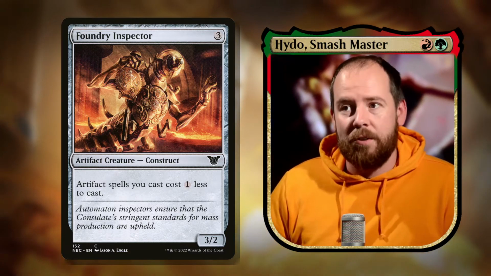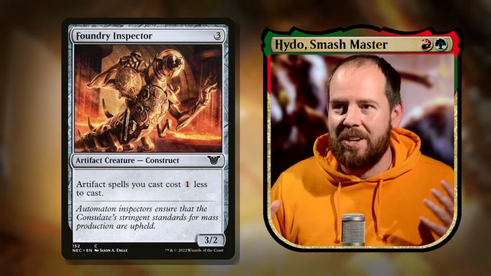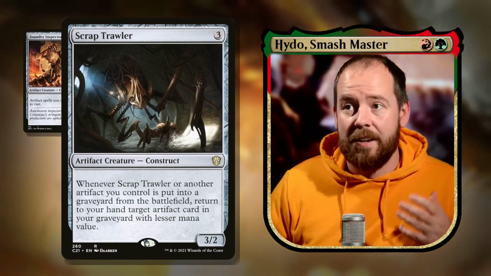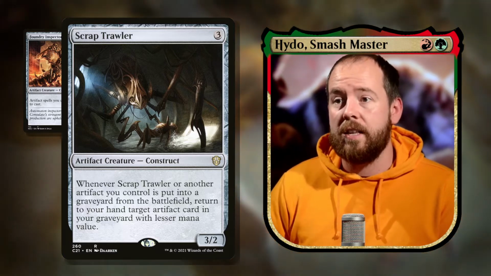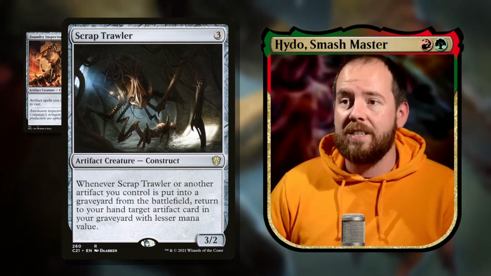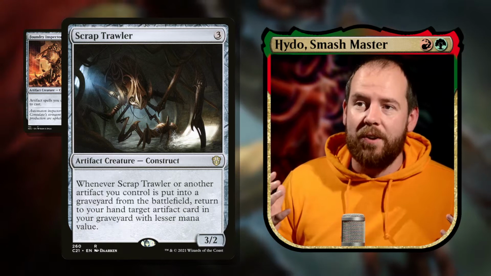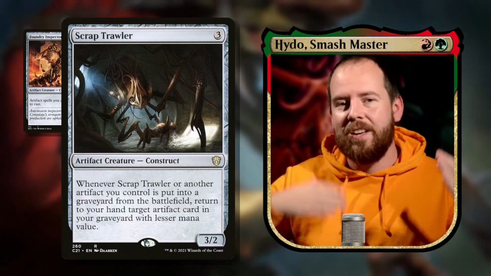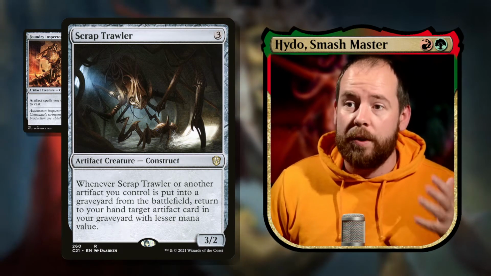3 mana for a Foundry Inspector. Artifact spells you cast cost 1 less to cast, and it's a 3/2, so potentially it costs us nothing and then reduces all of our other artifacts, like Scrap Trawler, a 3 mana 3/2 construct. So when it or another artifact you control is put into your graveyard from the battlefield, return to your hand target artifact card in your graveyard with lesser mana value. So this is really, really good with things like Mind Stone or Hedron Archive. You can keep churning through your deck, keep drawing, stuff like that,